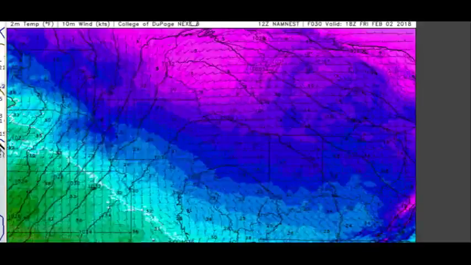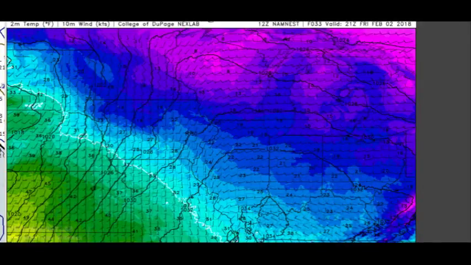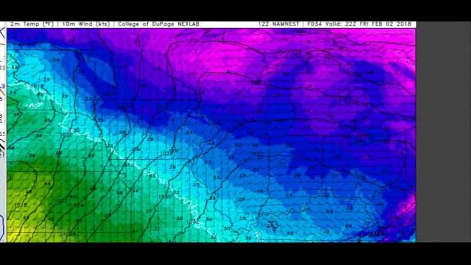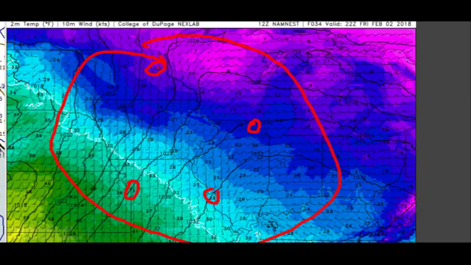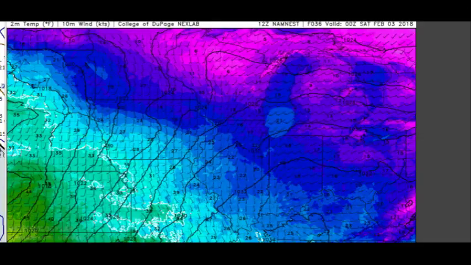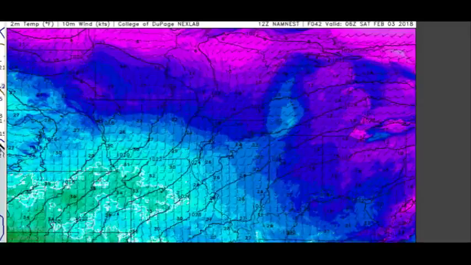Then during the day, a bit of a warm-up, lots of sunshine. And Chicago getting up to almost 20 there. 28 at St. Louis, 34 at Kansas City, and coming up to 13 at Minneapolis. And that's warmer than what we had today, so we are seeing a fast modification of this air mass. And then going into Saturday,